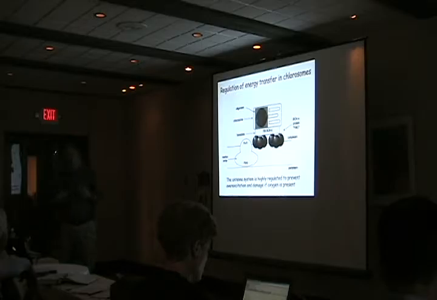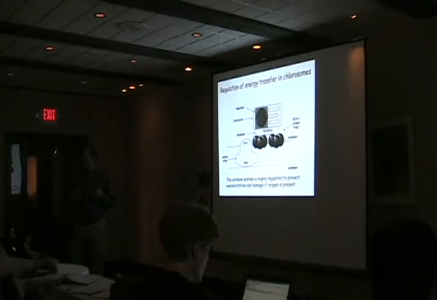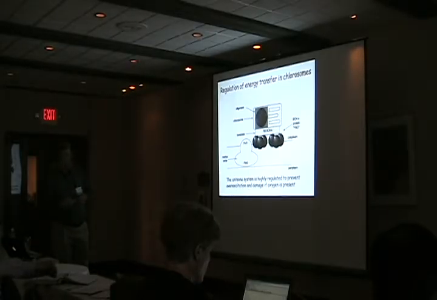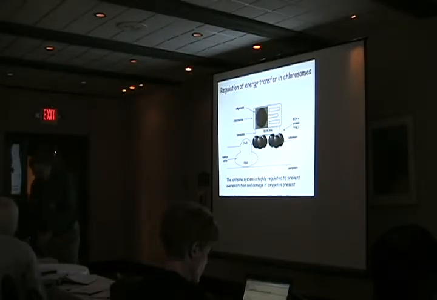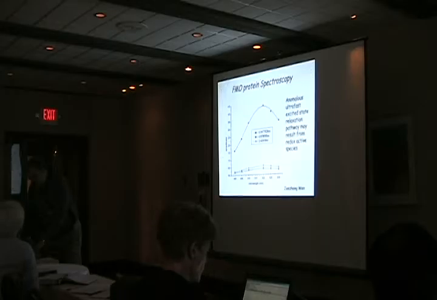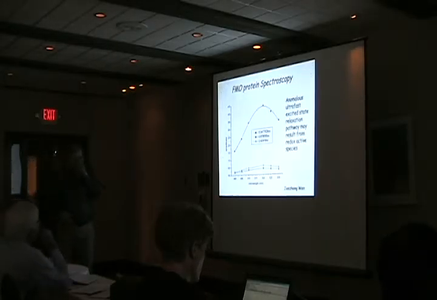I think these regulatory processes are things that we're going to have to understand if we're ever going to build artificial systems based on these sorts of principles. This is very highly regulated to prevent over-excitation and damage, in particular damage if there's any oxygen present, because these particular organisms are quite